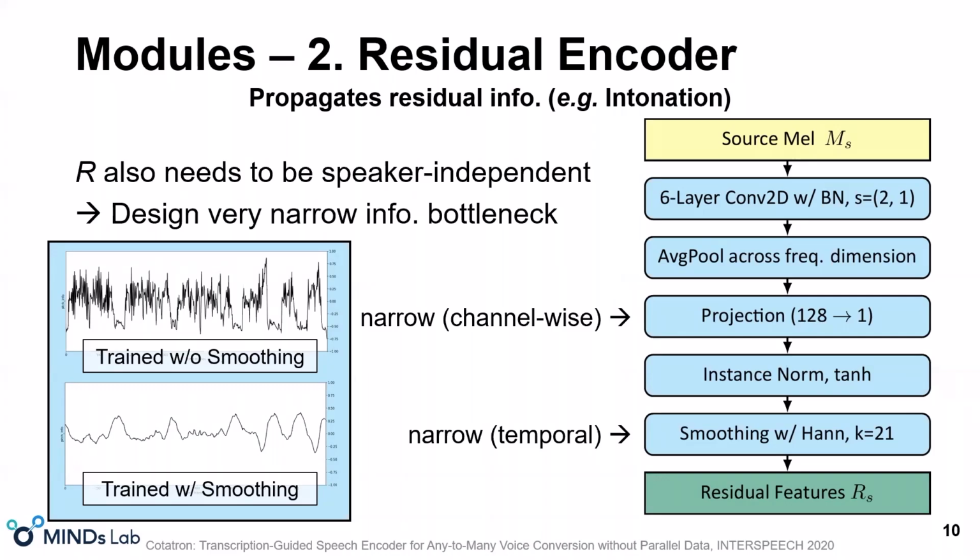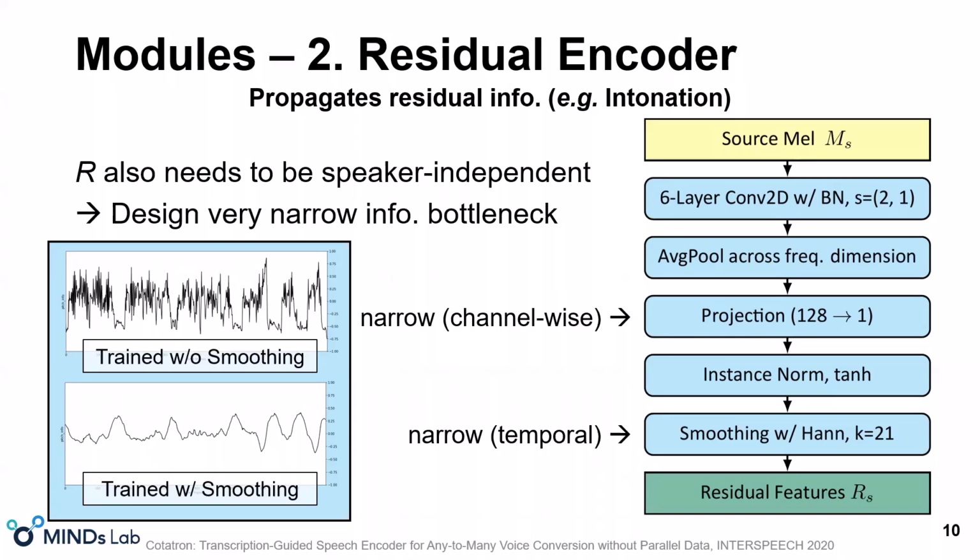However, we observed that too much information is being encoded in the residual information, which is speaker dependent and harms the conversion quality. To make sure that the residual features are also speaker independent, we made a very narrow information bottleneck. After passing the layers of two-dimensional CNN, it is projected to a single dimension and then smoothed with a hann window. The temporal smoothing with the hann window prevented the residual encoder from learning to encode too much information with fluctuation, as